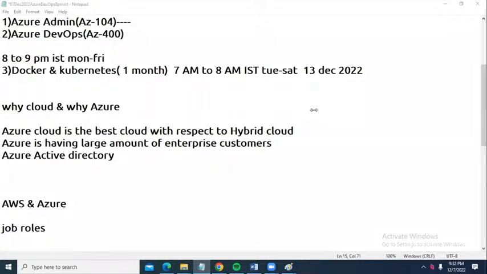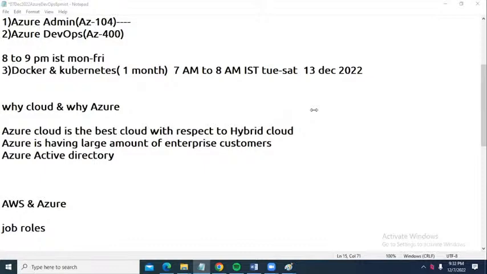Some concepts will match. AWS and Azure have some similarities and some differences. But knowing Azure cloud, you cannot work in AWS. Again, you have to learn AWS because the two are different cloud platforms.